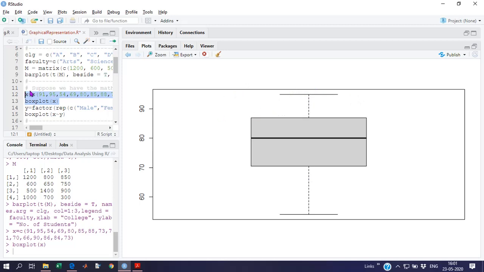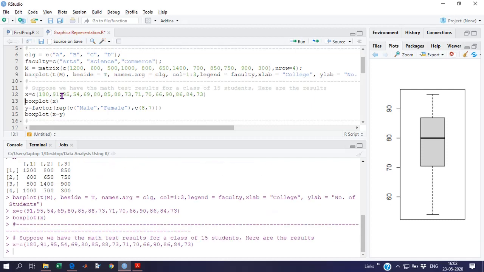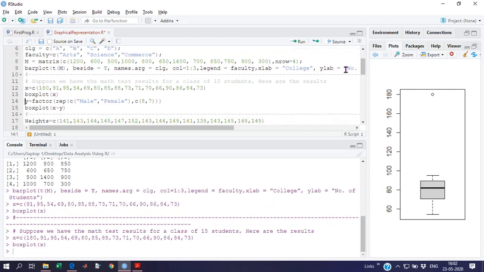There is no outlier observation there. I think I should put one outlier there. Just putting one outlier will not make much difference, but it will show us by star or by circle. This is the outlier observation. 180 is an outlier, as nearly 100%, or mostly 90%, of the data is here, and only one observation is there. So we can treat it as an outlier and may find the results.